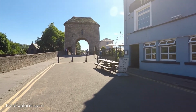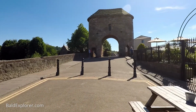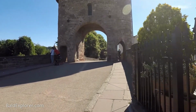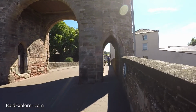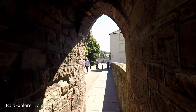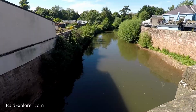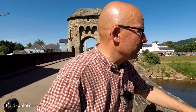I think to end our little walk, I shall just stroll through one more time and enjoy the pleasure. And in fact, I'll go in where that lady's going, through one of the official walkways. Here we go. Well, from the Monnow Bridge, or Monmouth Bridge, however you want to pronounce it, and from this fantastic river and all the wonderful landscape behind me,